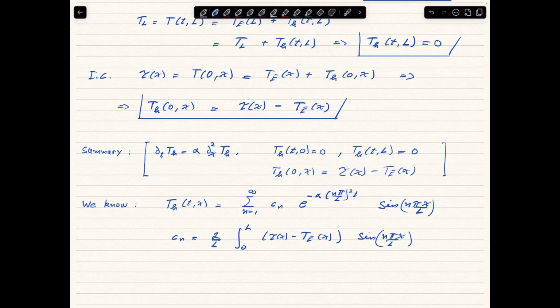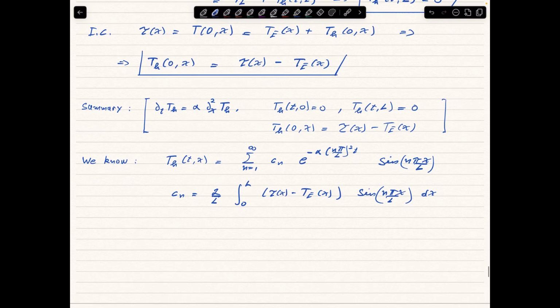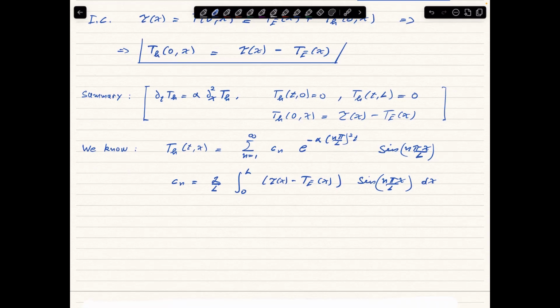x over L dx, and when we put all that together, the solution formula is what we have in the theorem. Then